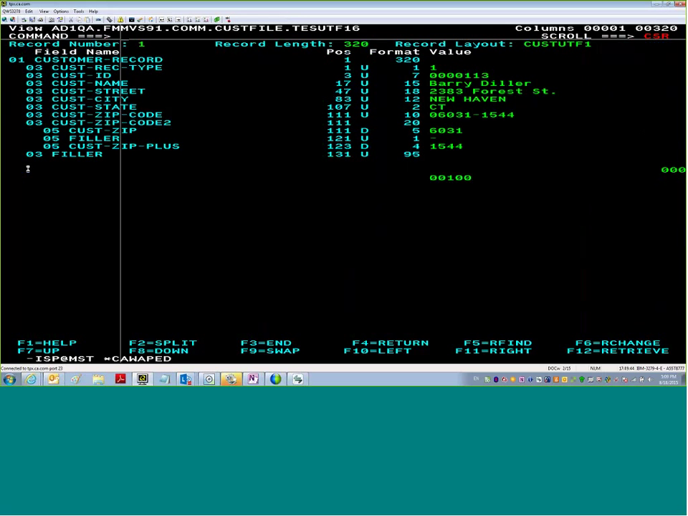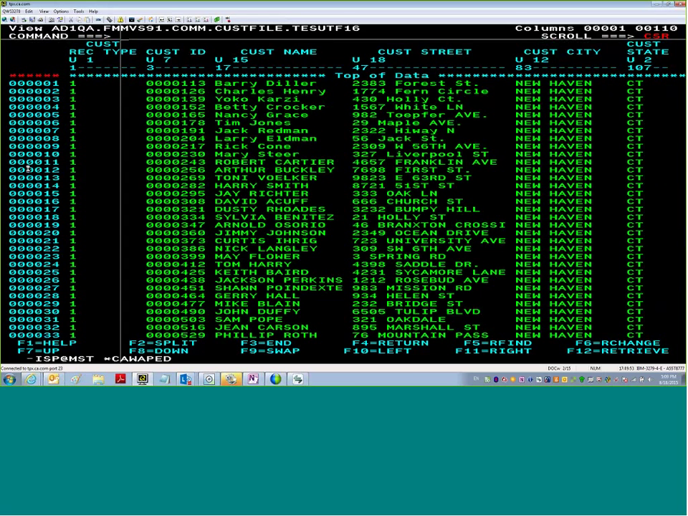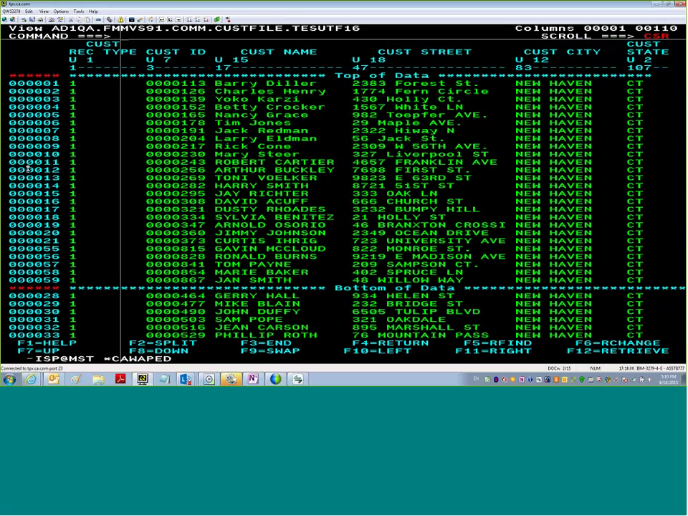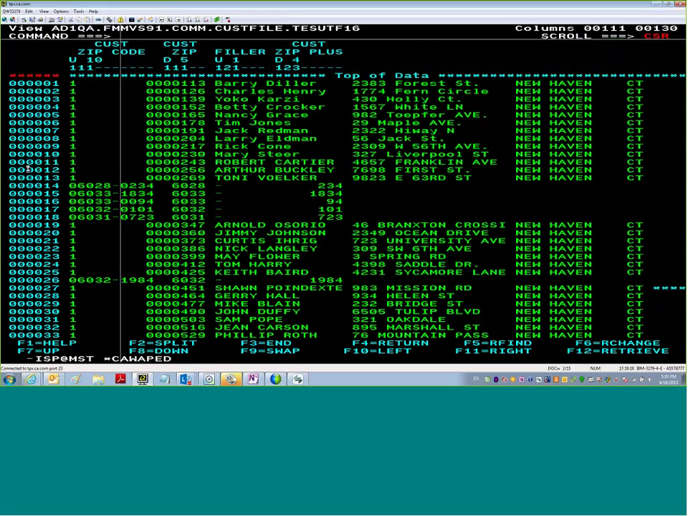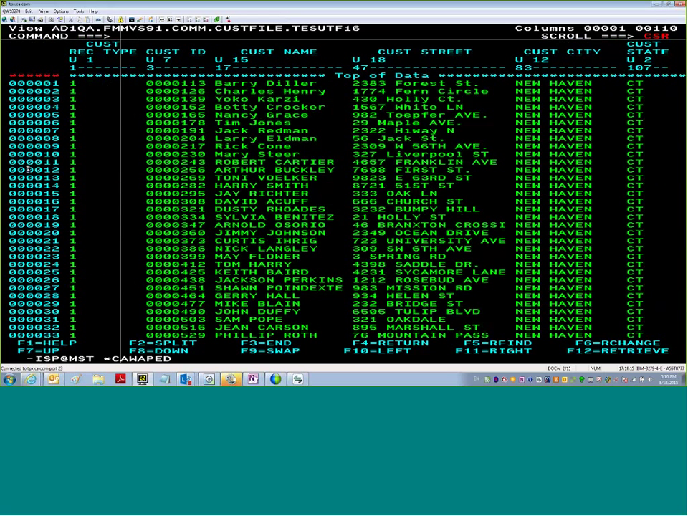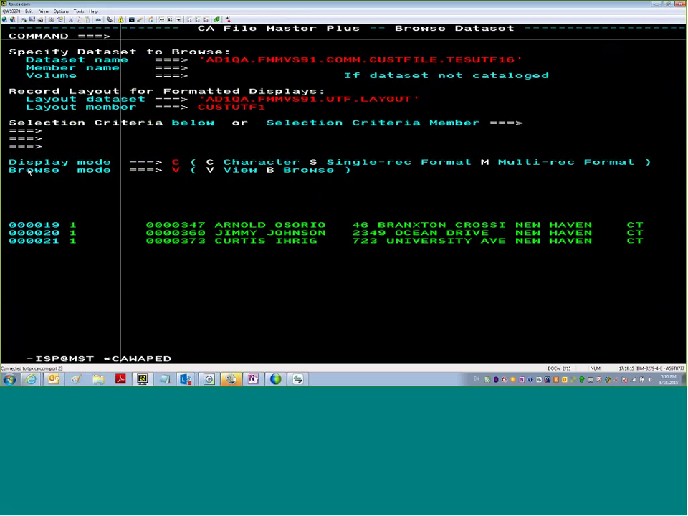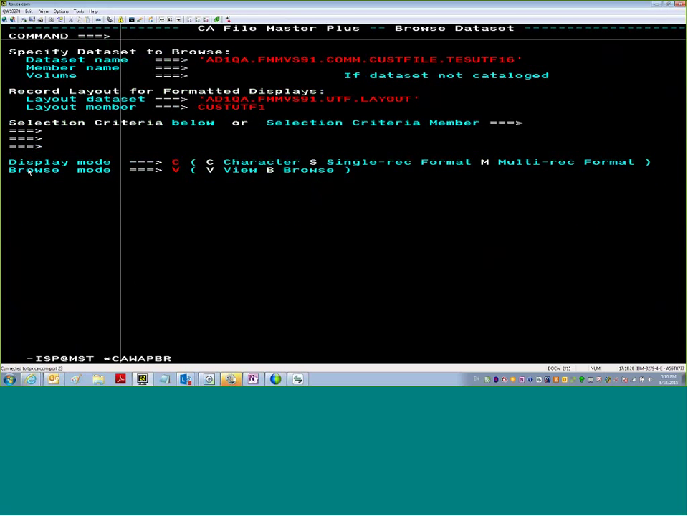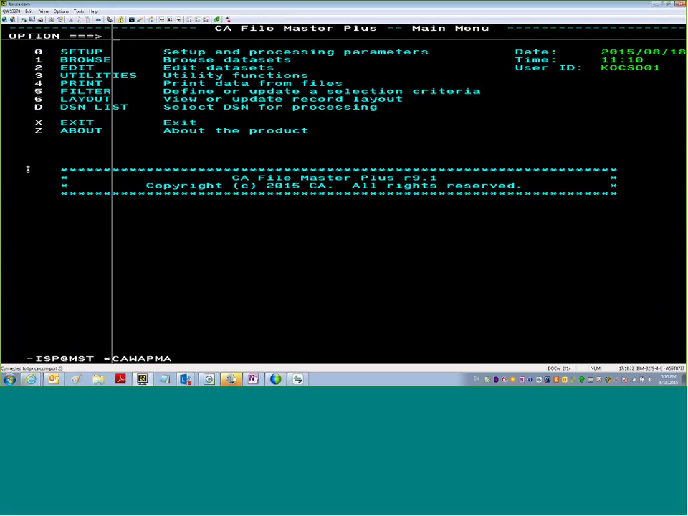And you can also view them in multi-record format mode, like this. You can move here the same way like normally in the EBCDIC dataset. You can use scrolling commands or PF keys, for example, to go down or up, move to the right, left. So now I'm going back. And I will show you